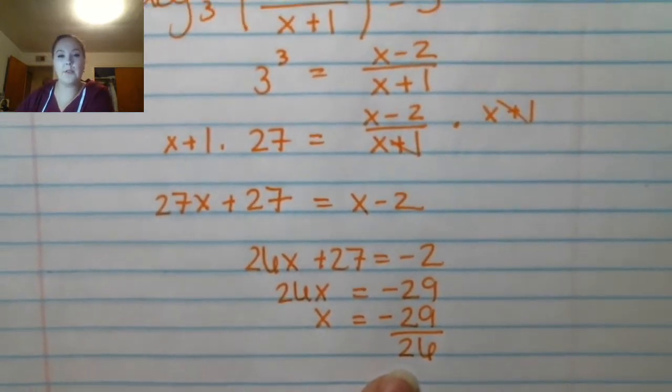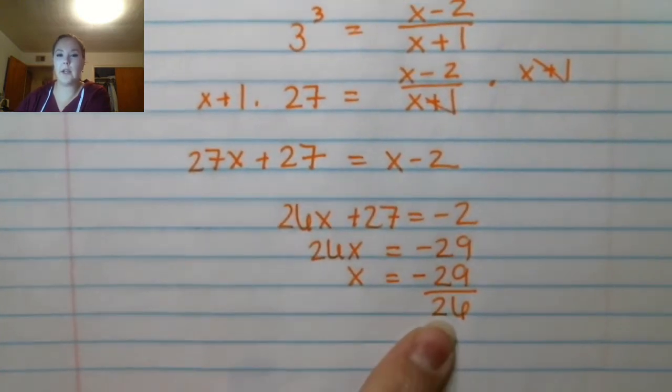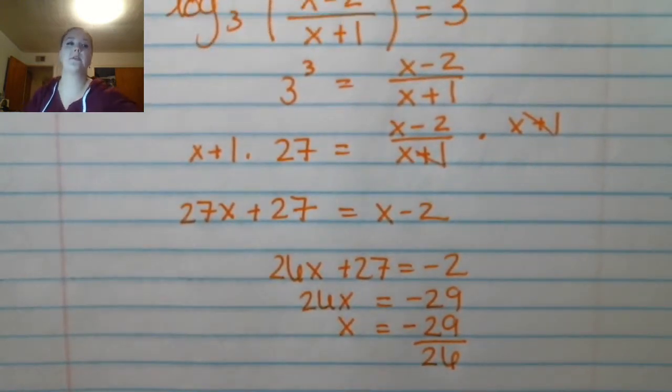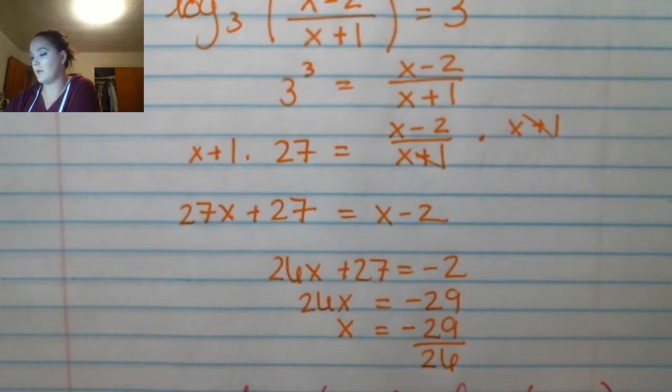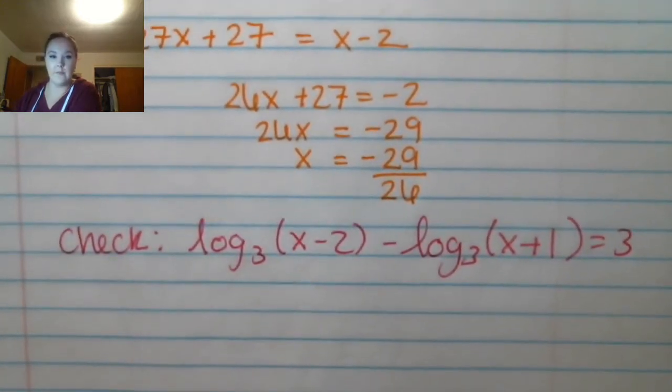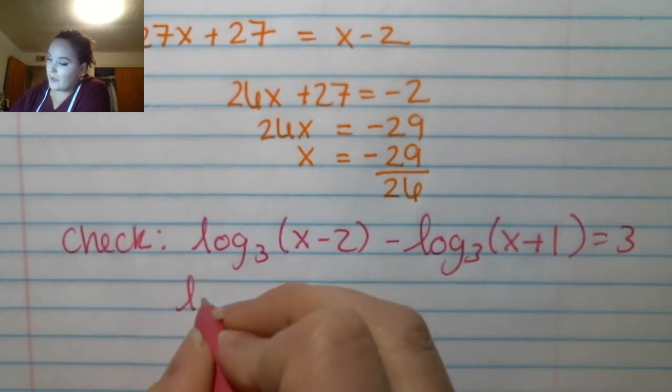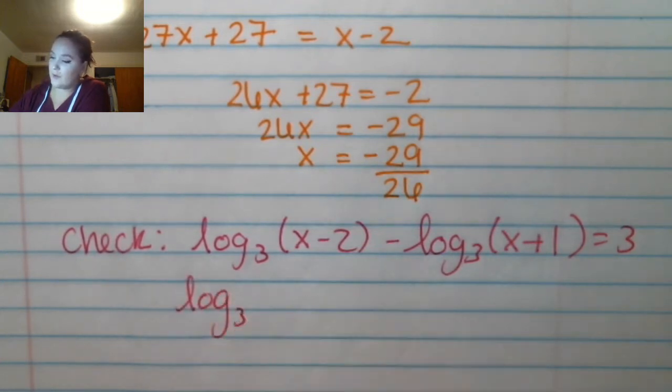Now, when we go to plug this in, we get negative 29 over 26. So let's look at what this would look like if you checked. Our original equation was log base 3 of x minus 2 minus log base 3 of x plus 1 equals 3. So if we plug in negative 29 over 26,